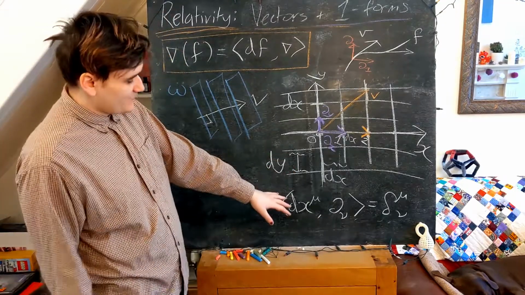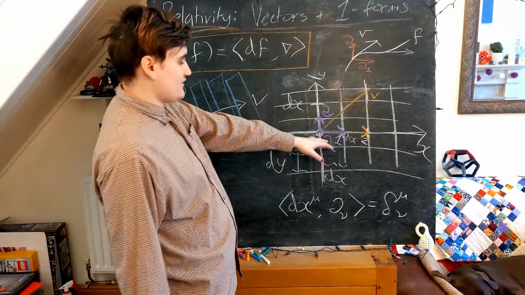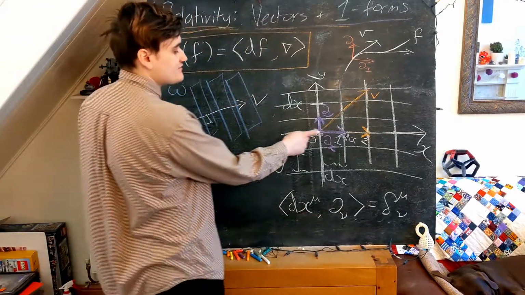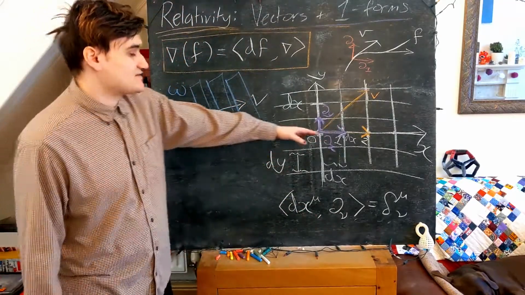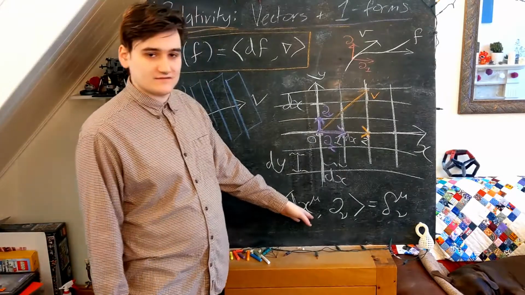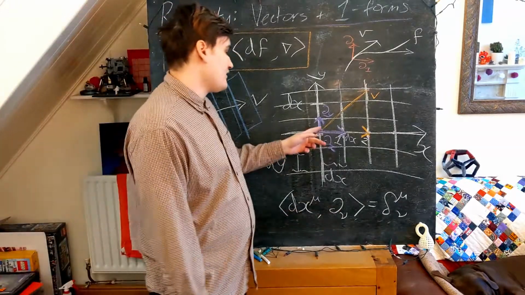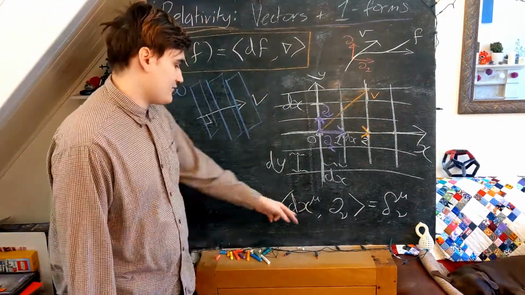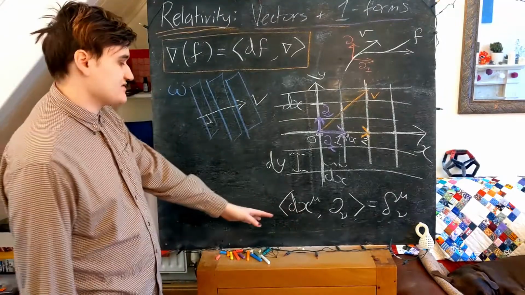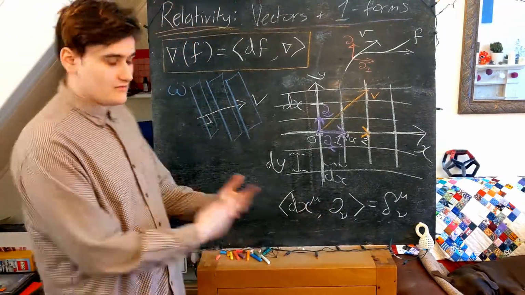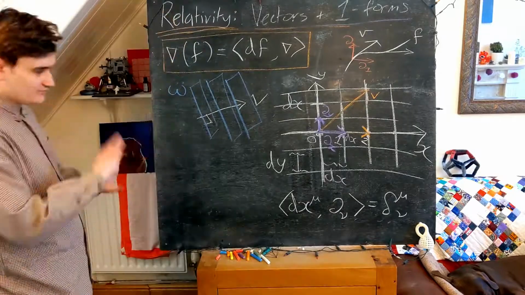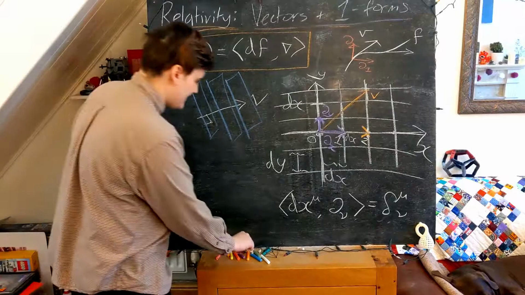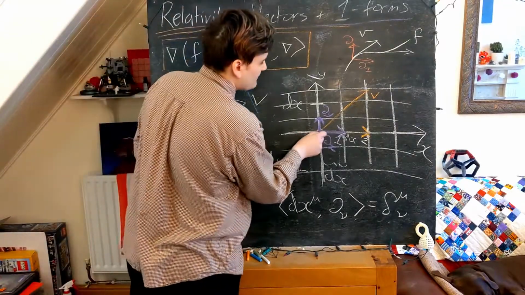Essentially, this is now just the formal statement for this kind of picture which I've drawn here, that whenever we have the partial derivative basis vector, it only points kind of normal to a single one of these components. We don't have any component of the dy basis vector pointing along the dx direction, say, otherwise this contraction would be non-zero for the x and y components, say. But hopefully this is clear just from looking and thinking about this picture, and now we can see that really the one basis vector,